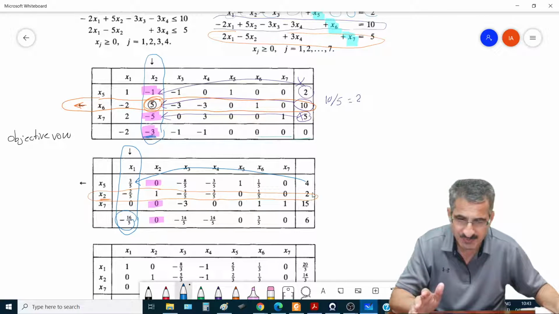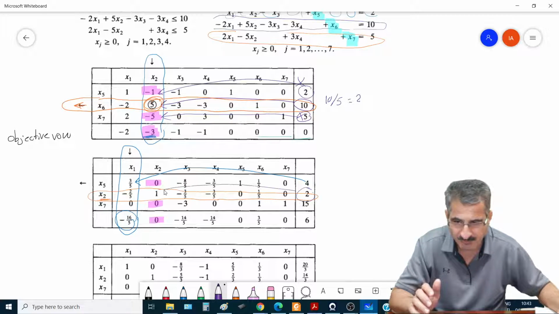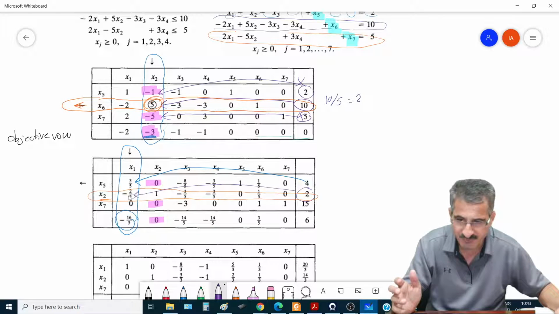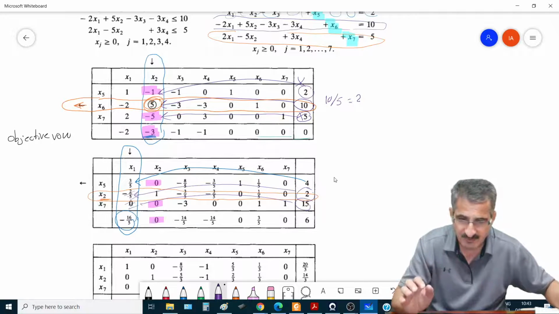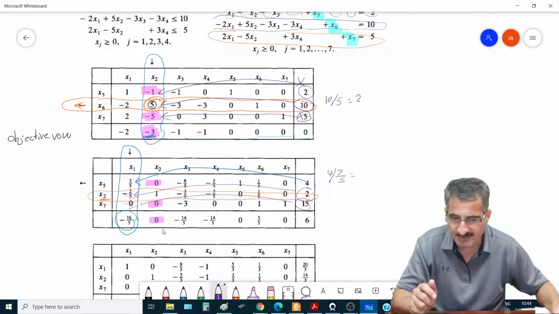This one is 2 over negative 2 over 5, which is negative, so we will not use it. 15 over 0, we will not take it. We will take the smallest positive, so we have only 4 over 3 over 5. We don't have to compute it, it is the only one. So this is the departing